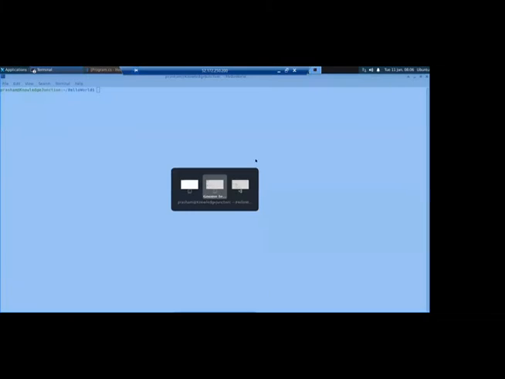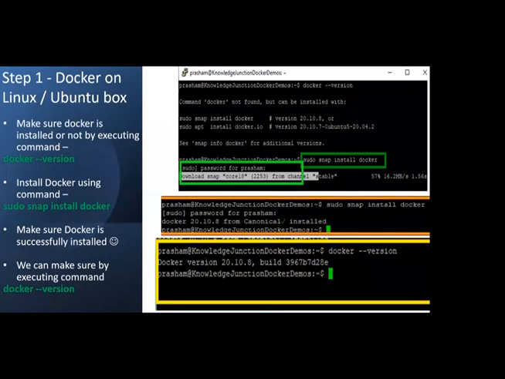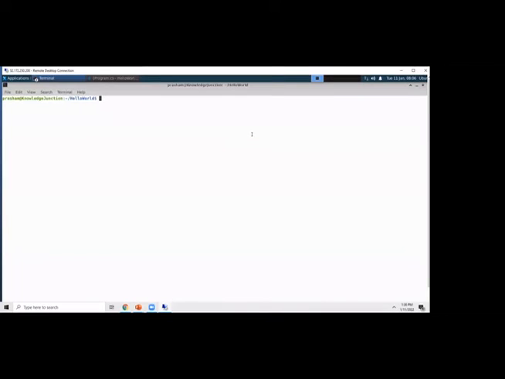Okay, so let's start. The first step, I'm going back to the slideshow. We need to make sure whether Docker is installed or not. To check, we can use the command docker --version.